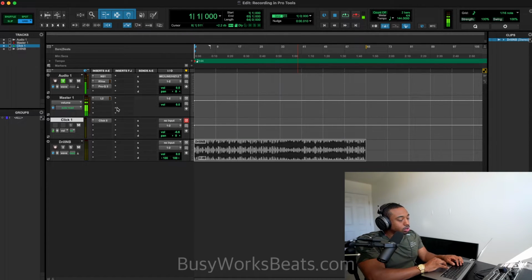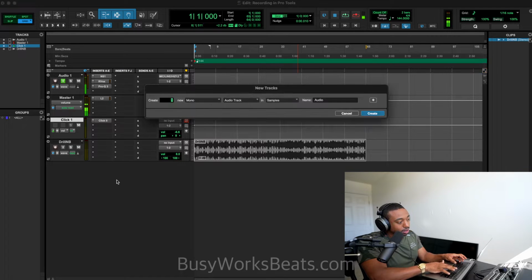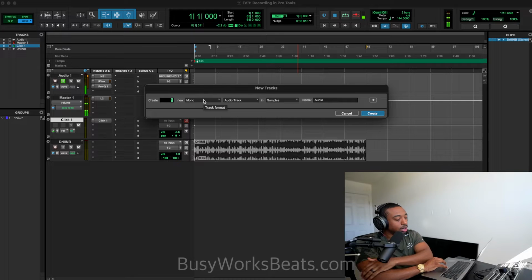Secondly, what we want to do is set up our microphone. So I have a mic for the video recording, but we're going to set up a mic from scratch. So let's hit Control-Shift-N. If you're on Mac, it's Command-Shift-N. And then we're going to create a mono track. So mono means one. In short, most microphones are mono, unless you're recording like a drum kit that has a special mic like that. You're going to do mono.